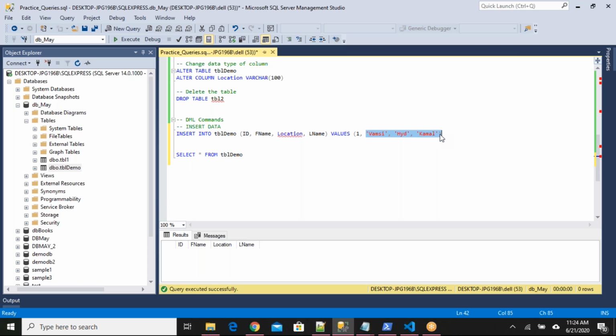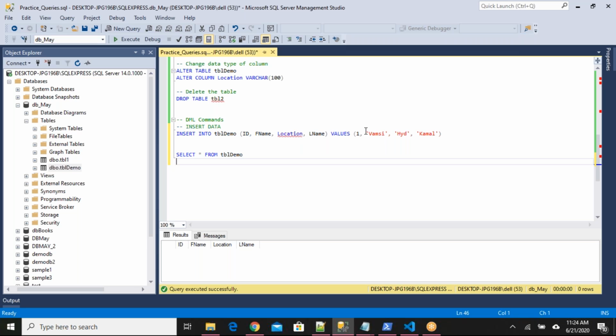Within the quotation marks you can provide anything: numbers, alphabets, special characters, it will accept.